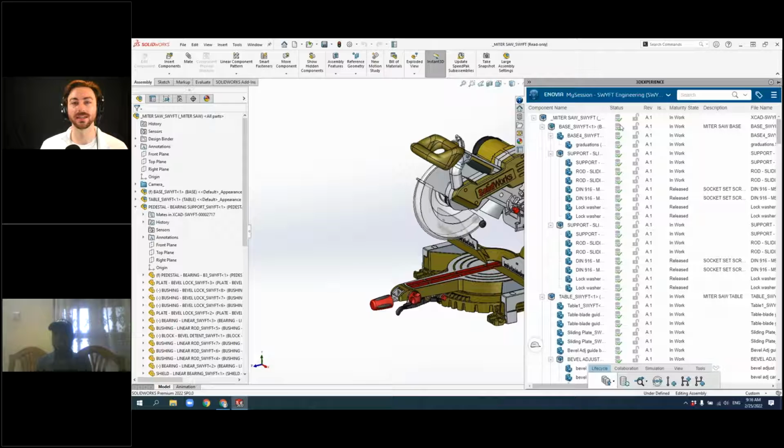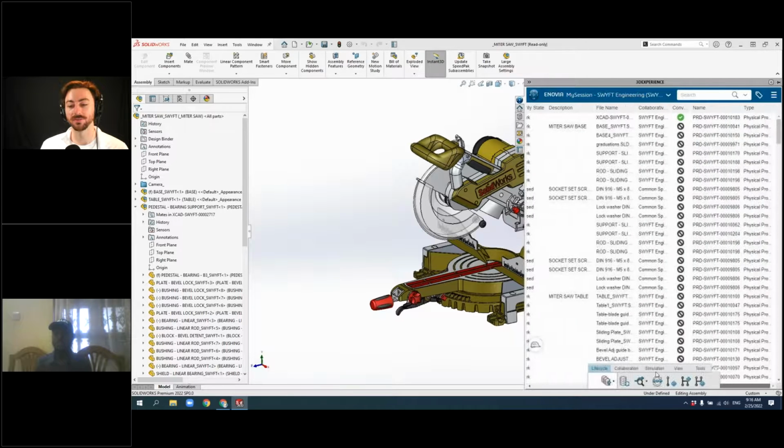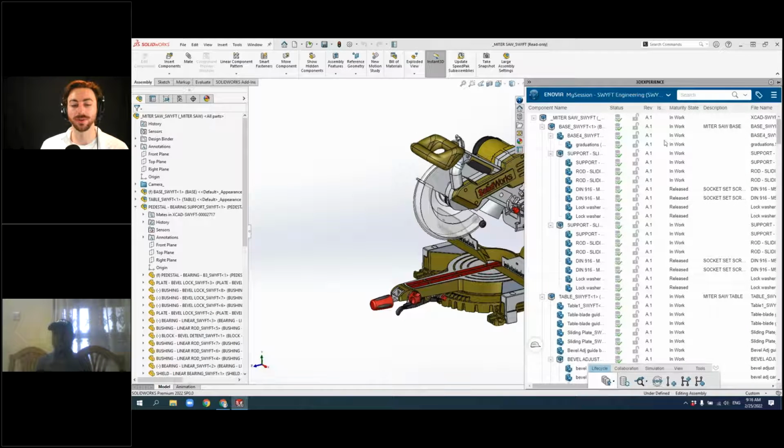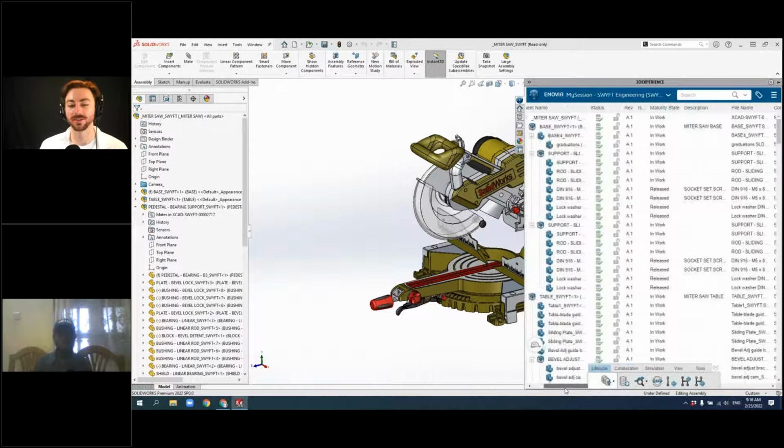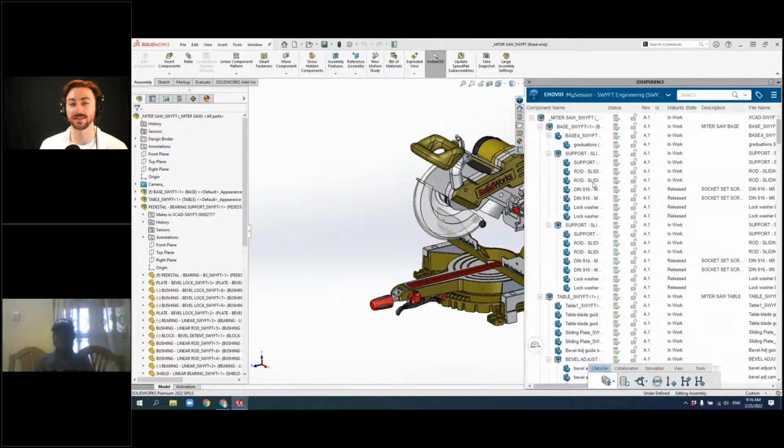You're actually able to get into revision management. You have some maturity state life cycle flows you can get into, and then you can even hook up your metadata to the platform itself. So you can link your SOLIDWORKS properties directly to the platform. So you're able to even edit that from your browser, because I'll be showing you in a bit, you'll be able to access this data from your browser as well, as it is a cloud-based solution.